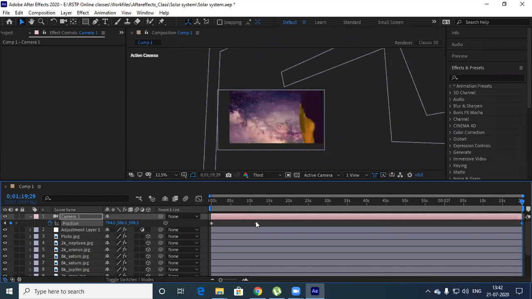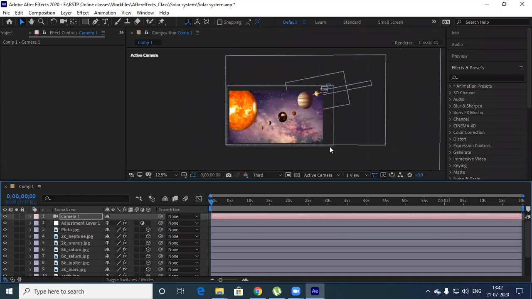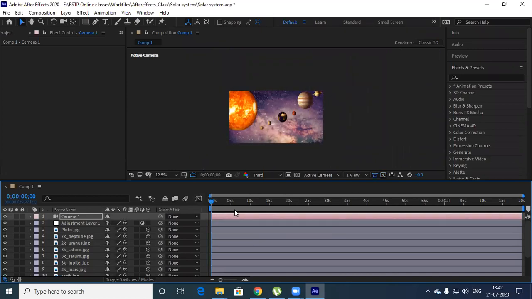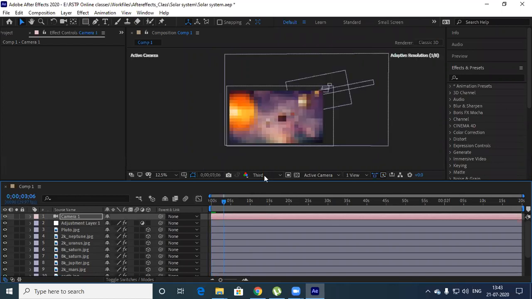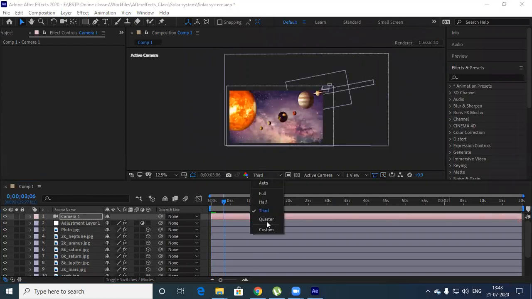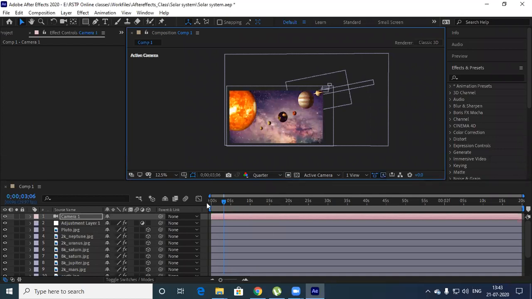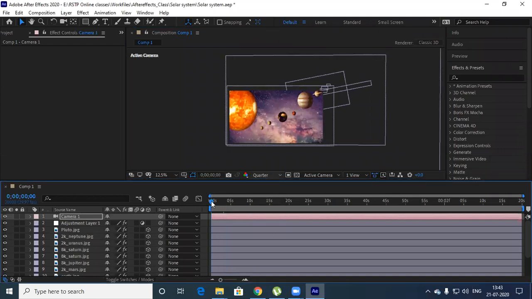So do a simple animation, let's see. It takes time to render. So I'll show you how to. Here, this is a resolution. I converted this to quarter now.